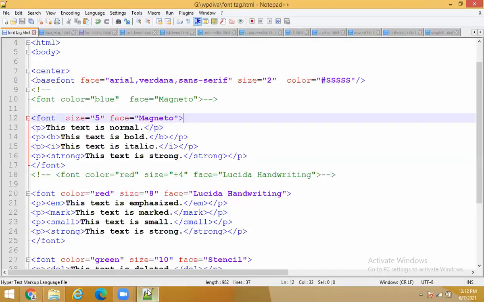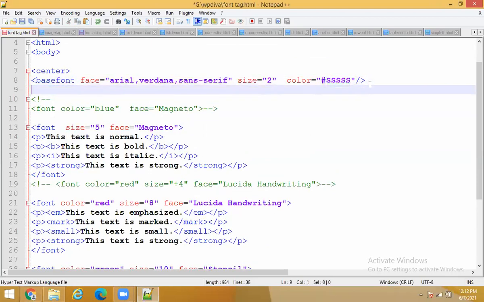Okay. So how it is happening here? See, I have set a color here. For example, I will remove this. And one more thing, guys, for colors. You can give color in so many ways. What are the different ways? I will tell you. One thing is, for color, you can write names of color. You can write codes of color. Okay. You can use symbols, that is alphanumeric values.